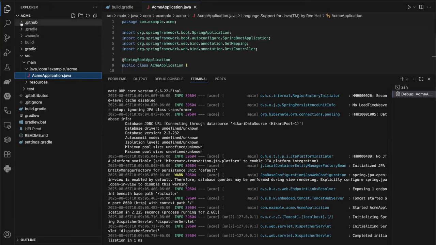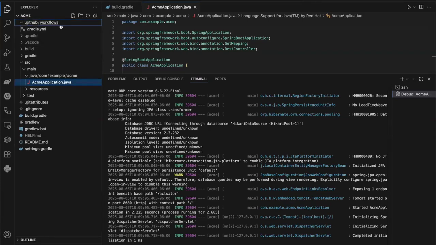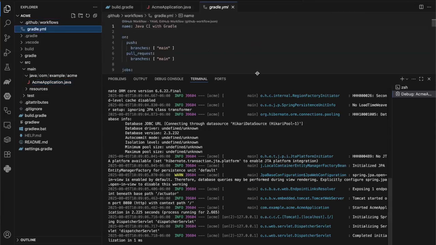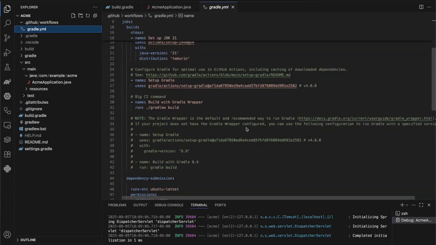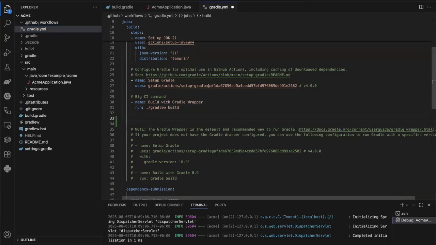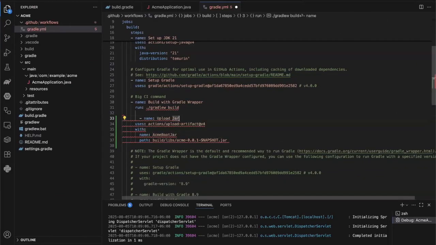We can now see under our Explorer, we now have a .github folder with workflows. And in there we have our Gradle.yaml. So this is our action. This is our workflow file. So same one we saw before. What we want to do here now is add a command to go ahead and upload the jar file. So I'm going to grab this from a text editor and go ahead and paste this in. And we'll just clean up the